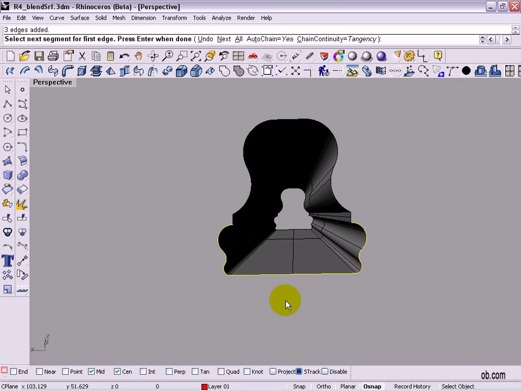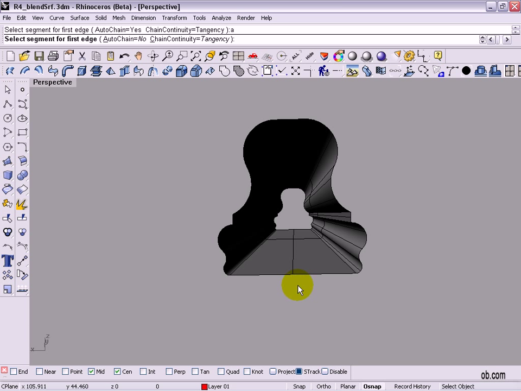Notice that we've gotten a fair amount of the profile there selected in yellow. This profile has 22 individual segments in it. With AutoChaining, we can actually get this down to about 4 or 5 clicks instead of 22 clicks. So to prove that, let's cancel out by hitting Escape, hitting the space bar again, and typing A space and